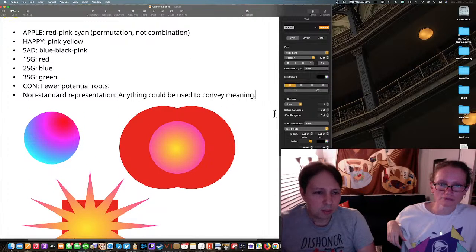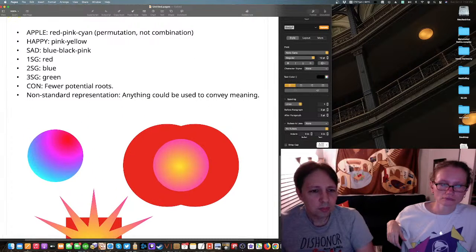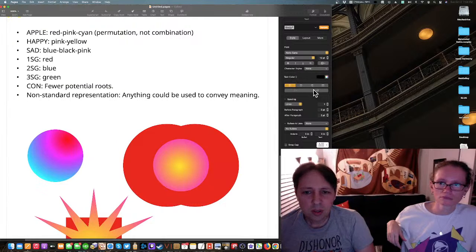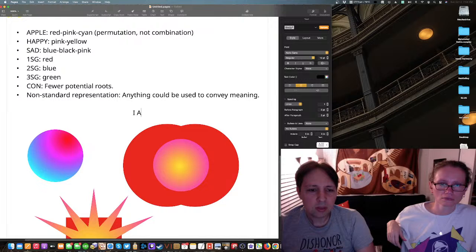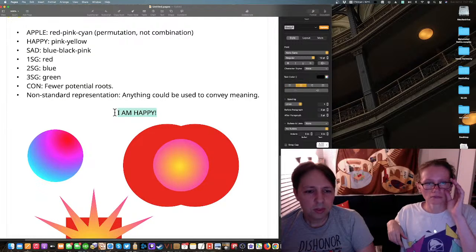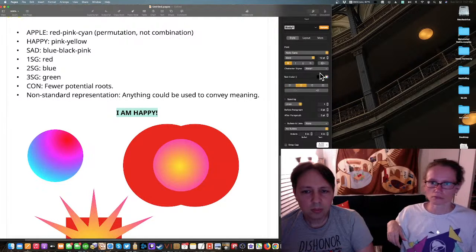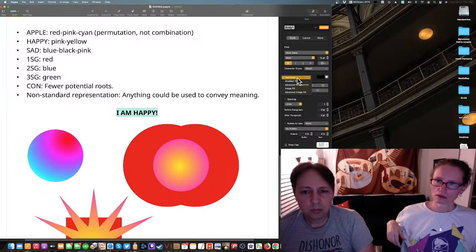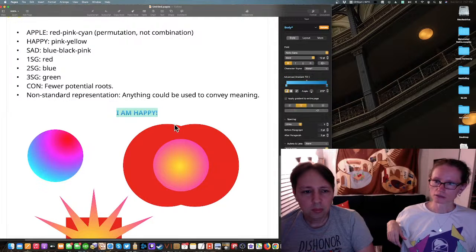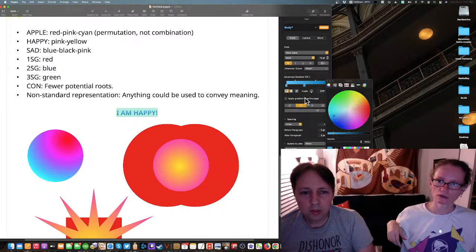I'm going to try something here. And I don't know if it will work because I don't know if you can actually do this with text. I want this to be bold. Advanced gradient. That's right. Check that out. And so, going to do this.